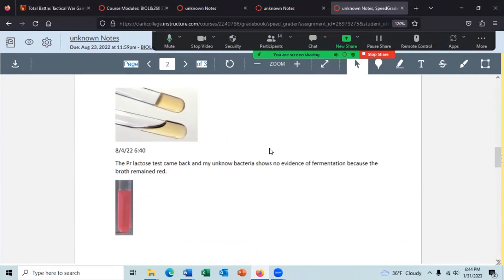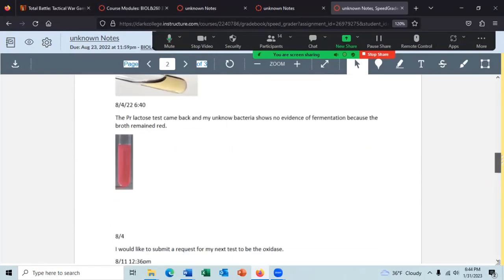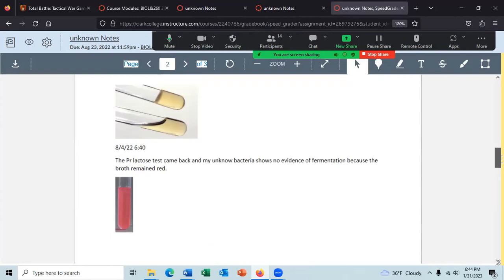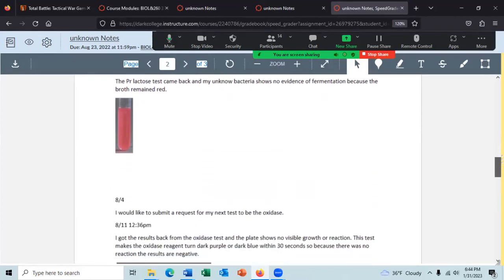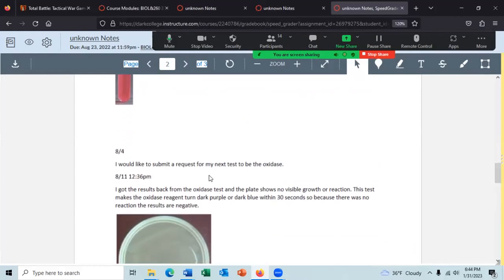And there's the results of the gelatin hydrolysis test, and there's the results for the PR lactose test. And he's got it right here. No evidence of fermentation because the broth remained red. And then he wrote up on 8/4, which I guess is the same day. He wanted to do the test on oxidase.